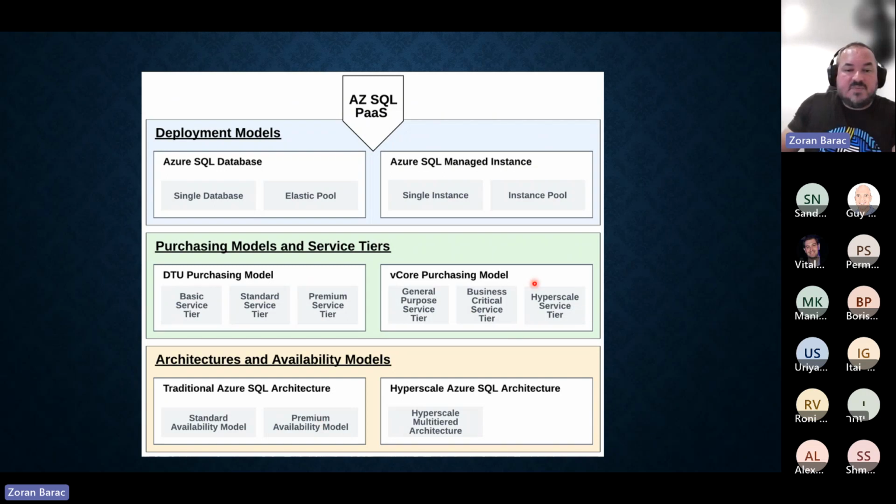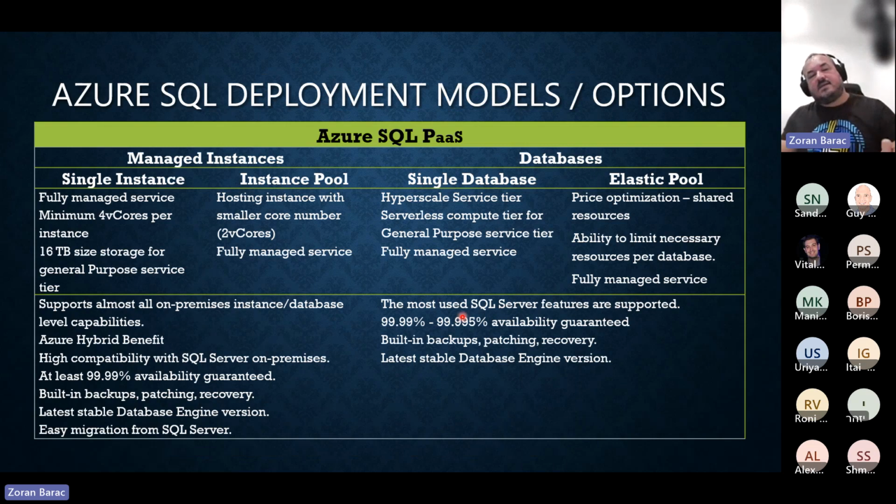Hyperscale, which belongs to the Azure SQL single database, leverages the Hyperscale multi-tier architecture. It's completely different, and you're going to see that in the next few examples. But let's start first with the traditional ones, with all deployments, including Hyperscale, because we have a single database here, which offers us Hyperscale as a service tier. But let's mention what other offerings we have so we can compare them.